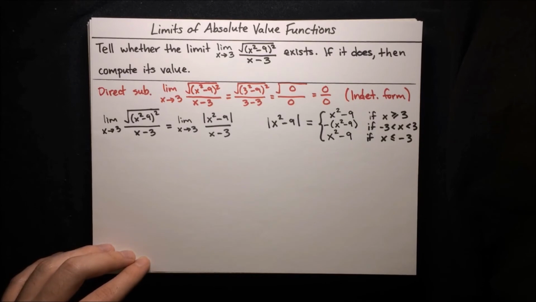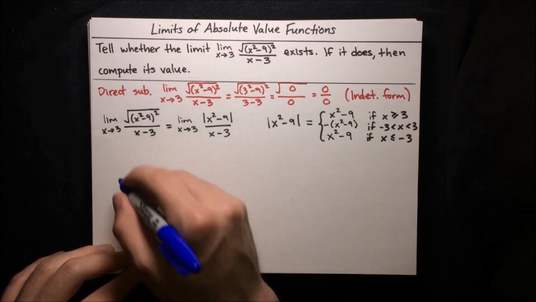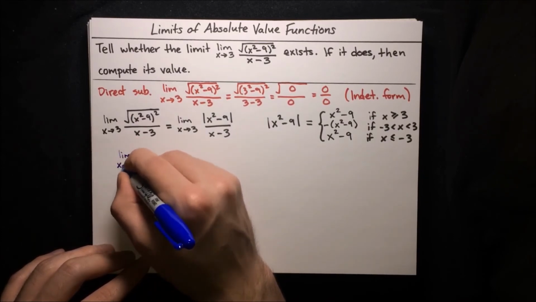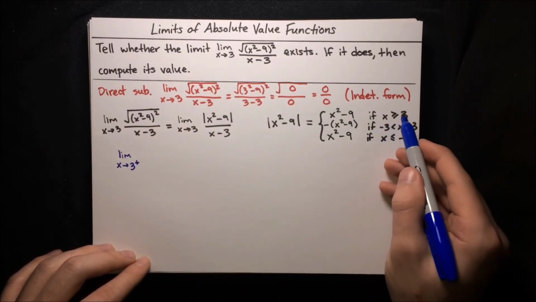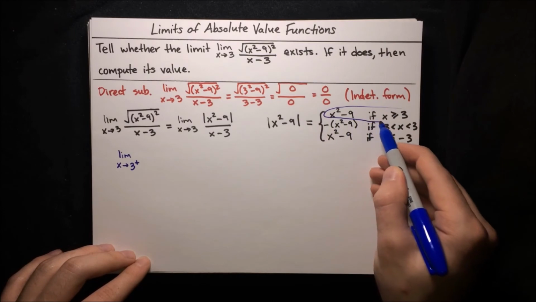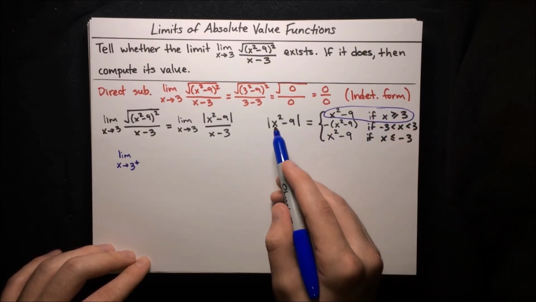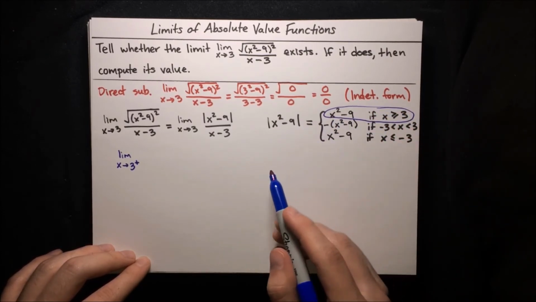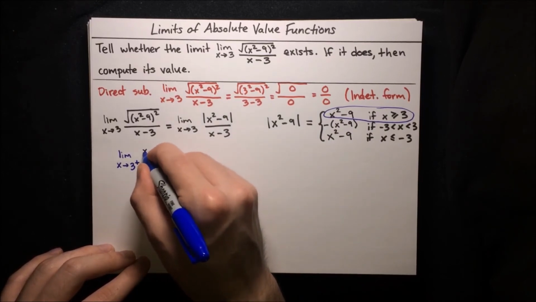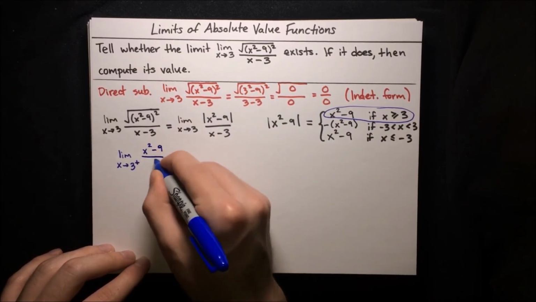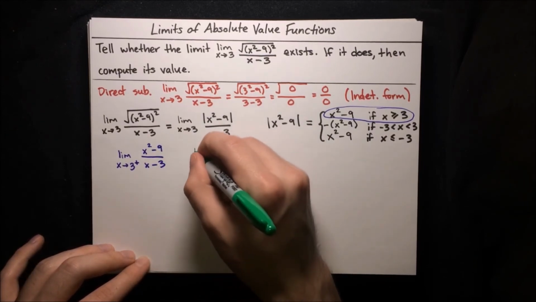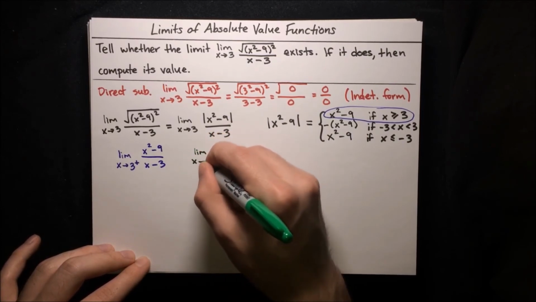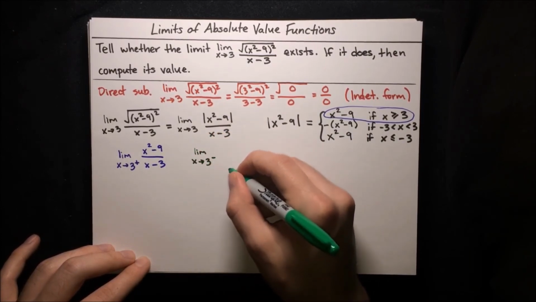Alright, so let's go ahead and break our limit up into 2 of these cases. The limit as x approaches 3 can be broken up into the limit as x approaches 3 from the positive side. In that case, we have x is greater than or equal to 3, and the expression that we can substitute in for absolute value of x squared minus 9 is just x squared minus 9. So we can go ahead and put that in, just x squared minus 9, and that'll be over x minus 3. There's also the limit as x approaches 3 from the negative side,